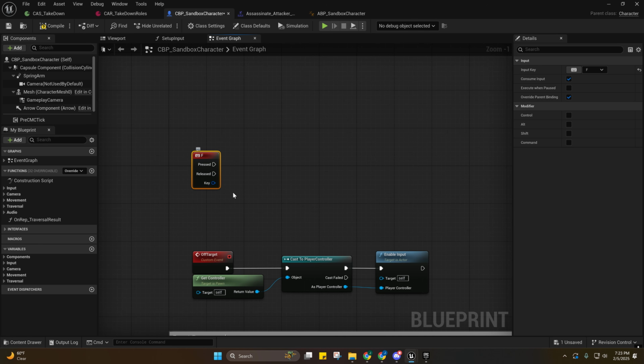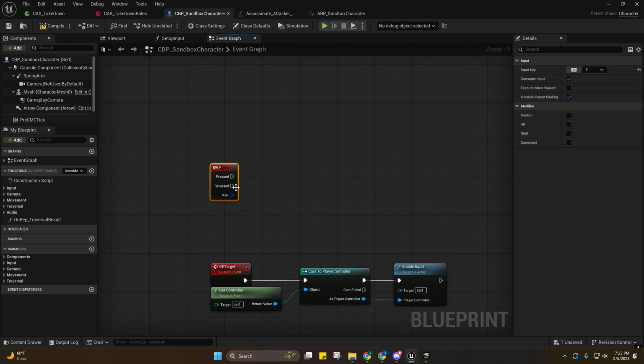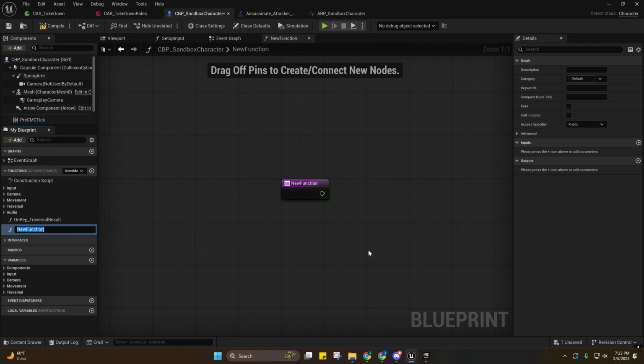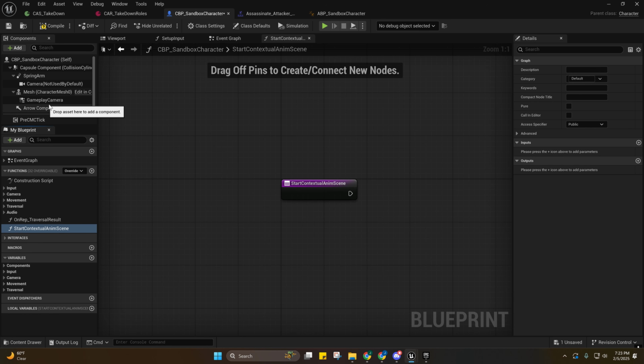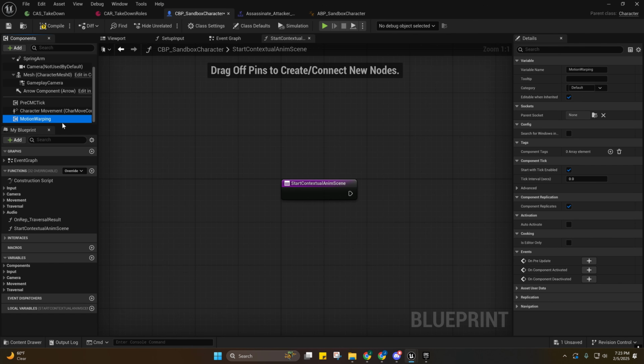So when I press F, it's going to activate this. Now, what I'm actually going to do is create a function here, and I'll call this start contextual anim. Actually, before we do that, one thing you need to note is you need a motion warping component